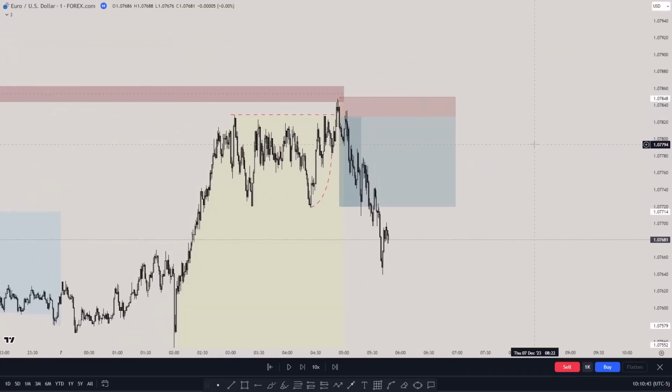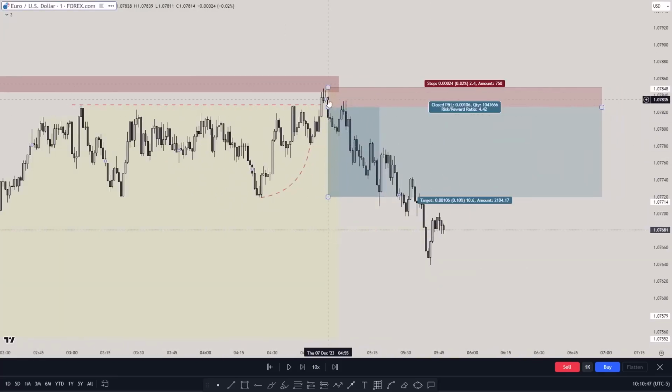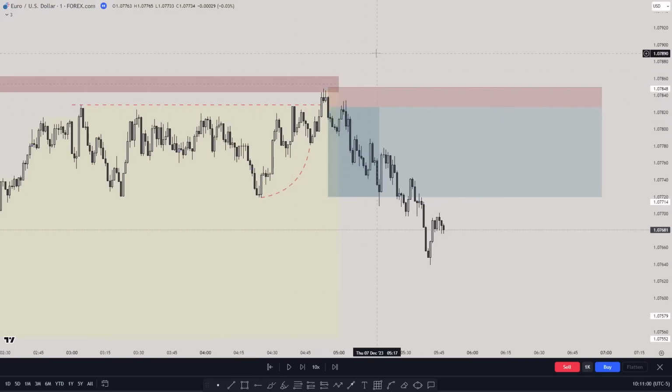There was only one thing that I was not really confident about with this trade. And what is it? It was coming at the end of the London kill zone. So 4:55, and price got me in at 5. So 5 a.m., the end of the London kill zone, and I was not really confident only about this part. Otherwise, this is a perfect trade. It really follows everything that I explained.